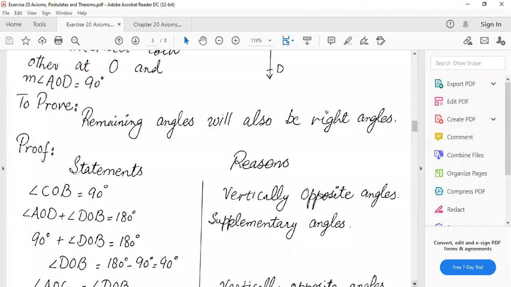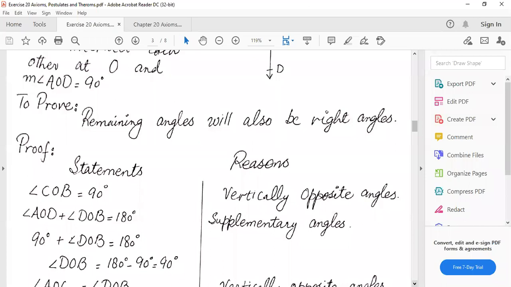Now here, why am I using 90? Because in the first question there was 132. In the second question there was no number given, only the word right angle. So for 4 right angles, it means 4 multiplied by 90. In this question 90 is also given, and there is 180 degrees also, because we are using straight line angles. 90 plus 90 is equal to 180 degrees.